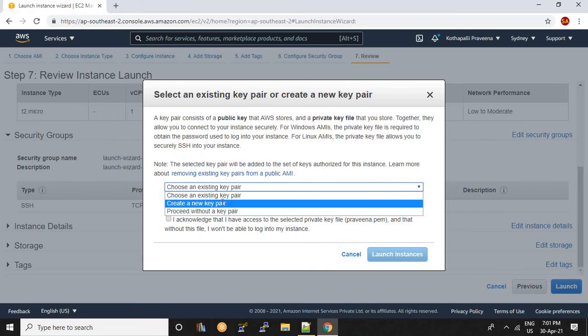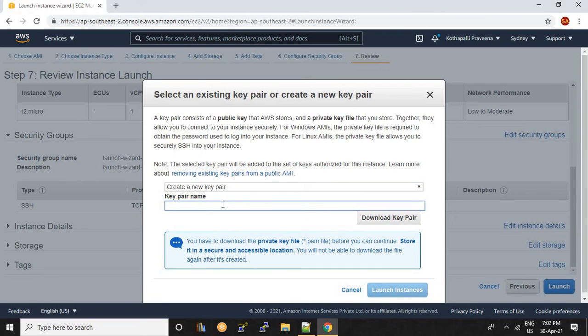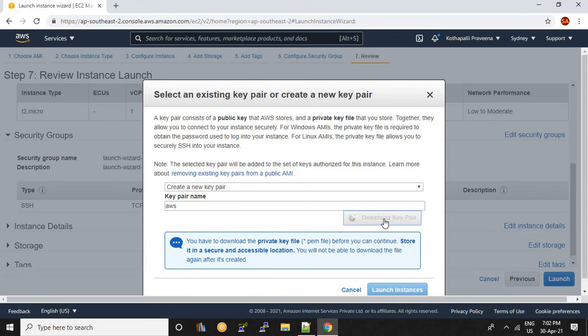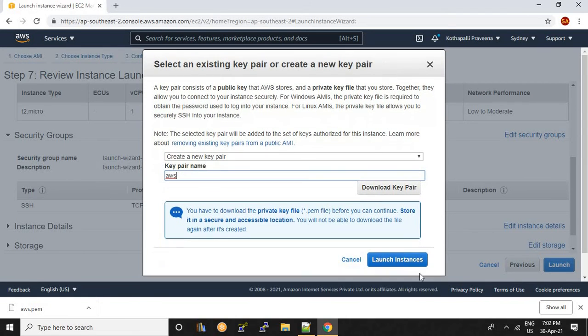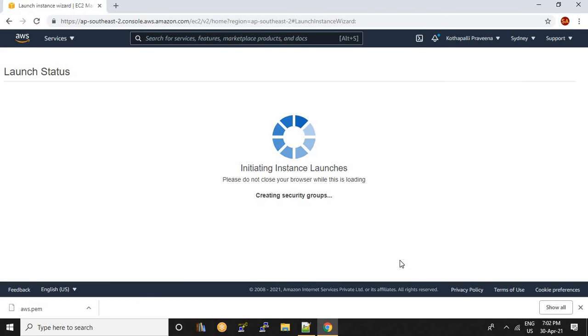I am creating a new key pair and giving a name for AWS. Download this key pair. Why? Because if you want to use this instance, you need this key. To log in into that machine, this password, this PEM file, is downloaded with a .pem extension. So this file is required for you to log in into this particular machine. So click on launch instance.